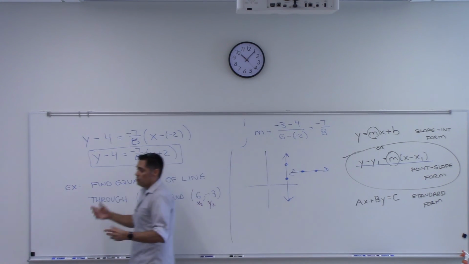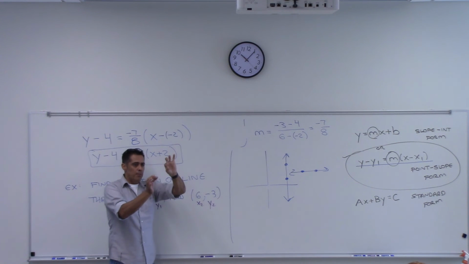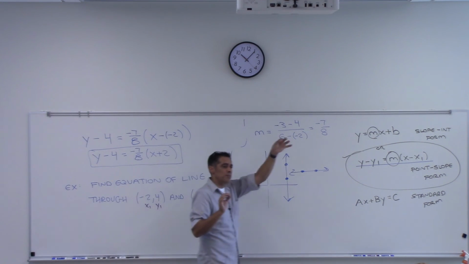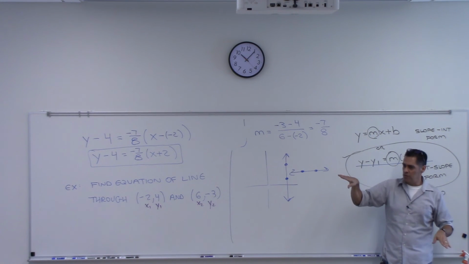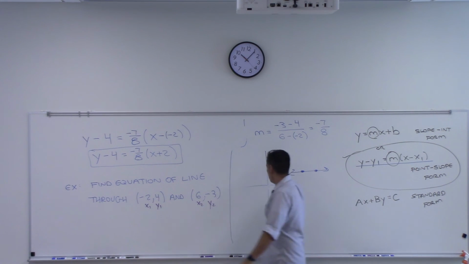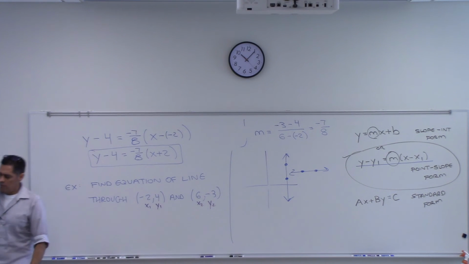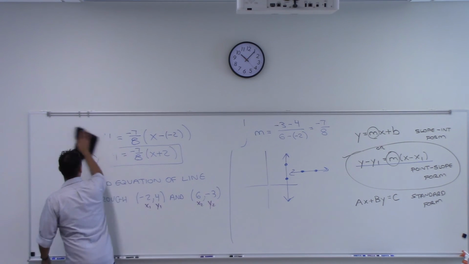All right, so if I give you 2 points, you should be able to find the midpoint. If I give you 2 points, you should find the distance between them. If I give you 2 points, you should be able to find the equation of the line through those 2 points, right? All right. We're almost ready to talk about circles. I just want to talk about one more thing.